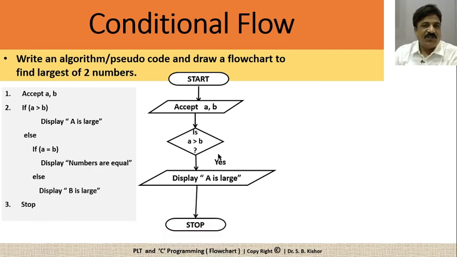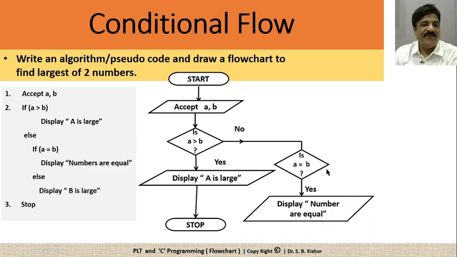Stop. Now, if this condition is false, then check whether A is equal to B. If it is so, display what? Numbers are equal. And then what? Stop. You can't have more than one stop on a single flowchart. So we are going to use what here? Connector. It means continue with A. You may call it just like a hyperlink. So it will jump to this A part and then here it is going to be stop.